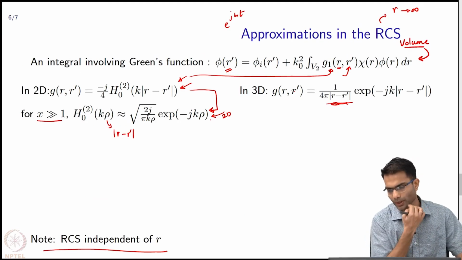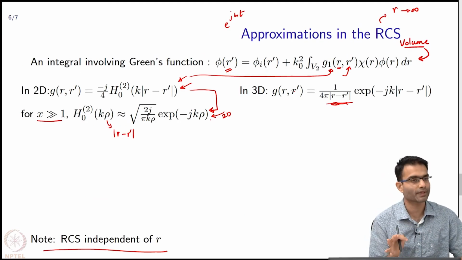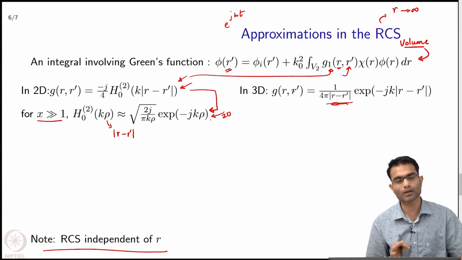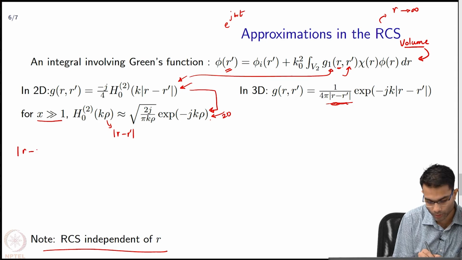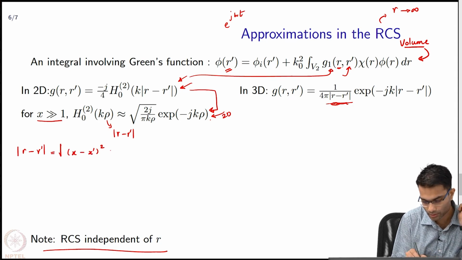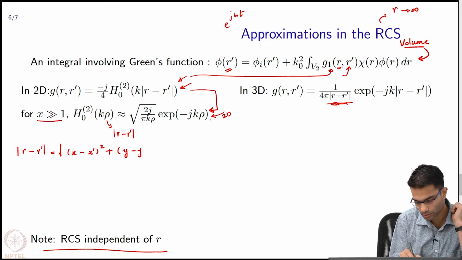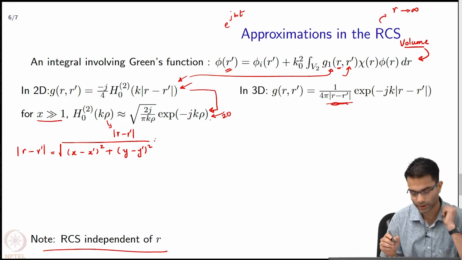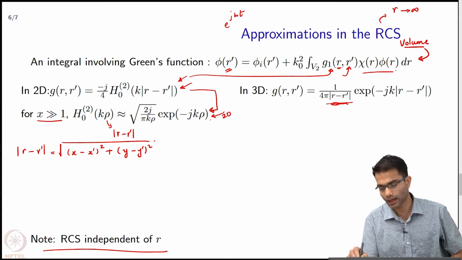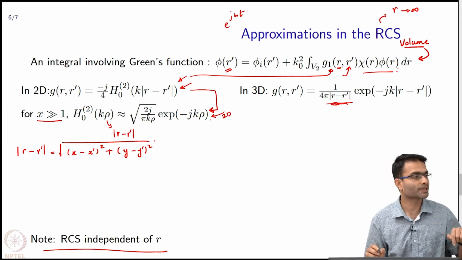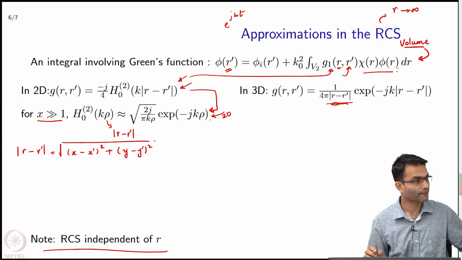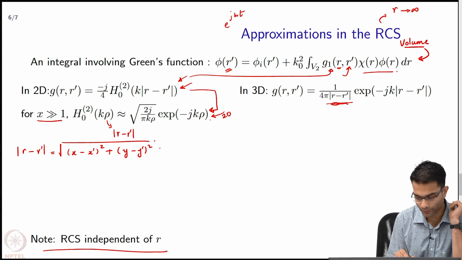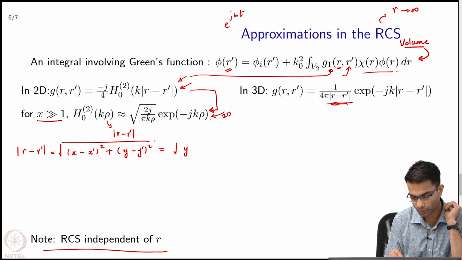Okay. So, one small further simplification we can do over here, which is a very common approximation in electromagnetics. So, this r minus r prime, how do we write it? I can write it in terms of Cartesian coordinates like this. Okay. So, remember, in this integral, r is over the object, either surface or volume, and r prime is far away, correct. So, I can further write this as,